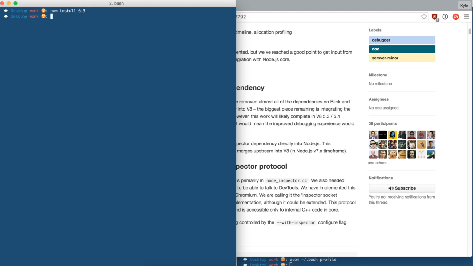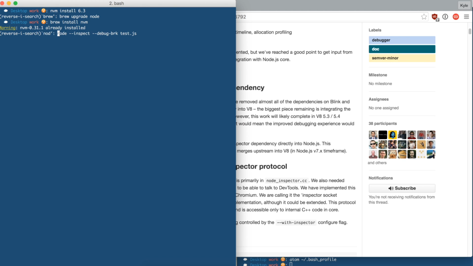And if you don't have nvm, brew doesn't have the latest version of Node, but you can do brew install nvm, and it'll give you a couple of pieces to put in your bash profile. Then if you add those to your bash profile and get it all installed, you'll be able to say nvm install 6.3, and then when you do that,